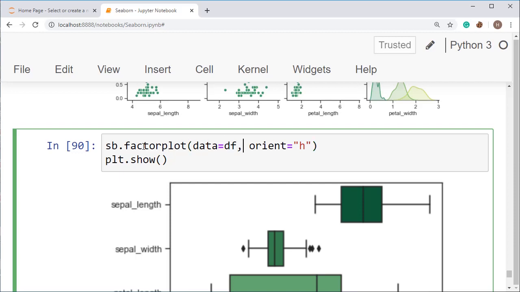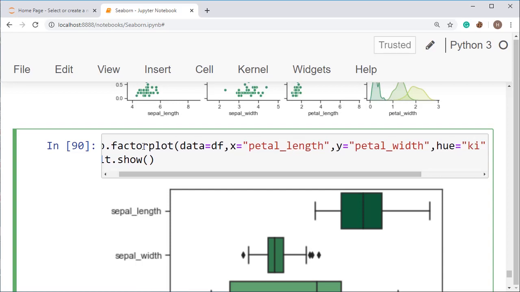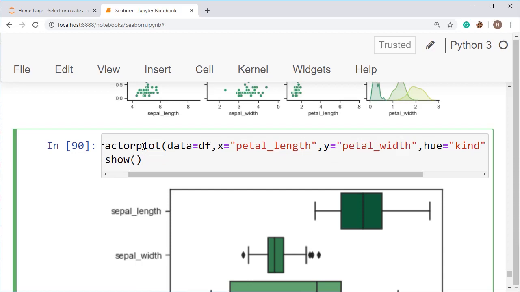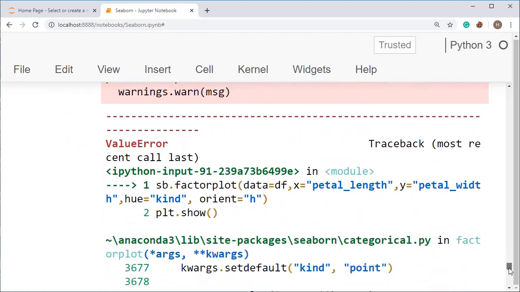I am passing the data and setting the value for x equal to petal length and the value for y equal to petal width. Okay, petal width, and I am setting the hue value equal to kind.